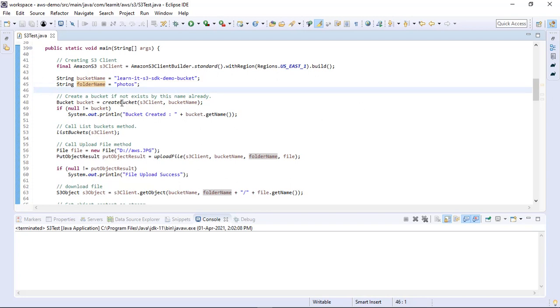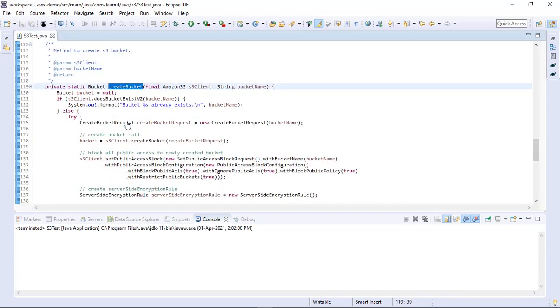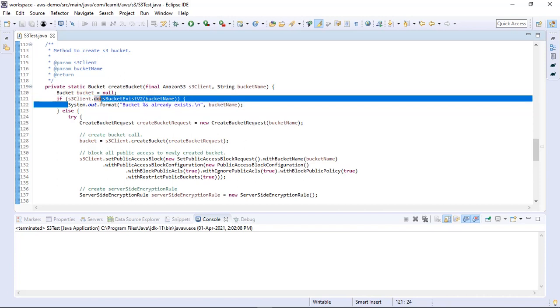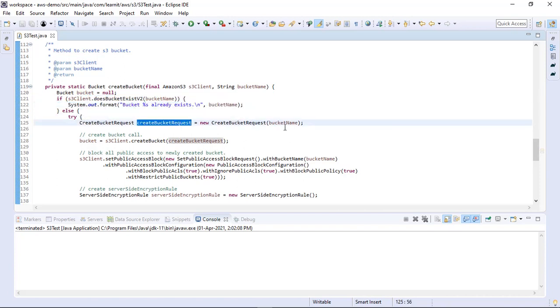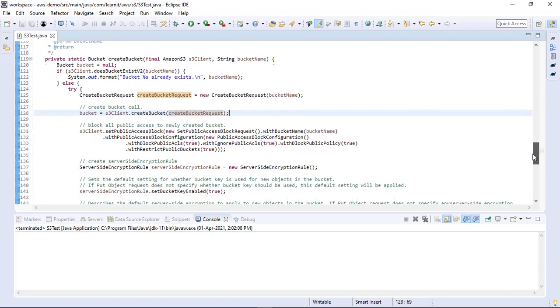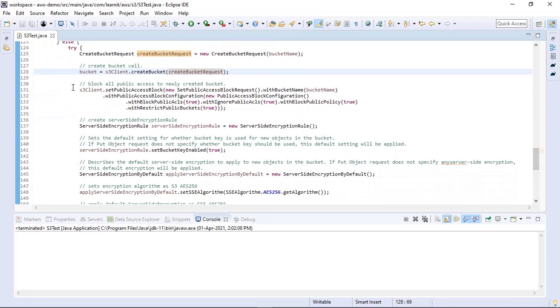Now let's look at the create bucket method that I have written. In the implementation of the create bucket method, I am first checking whether this bucket already exists or not. We can check using the does bucket exist method. If it doesn't exist, then we can go for new bucket creation. So we have the create bucket method inside S3 client that we can hit, and we have to pass create bucket